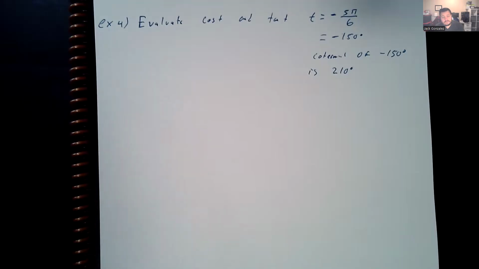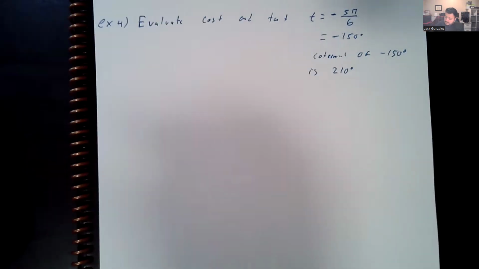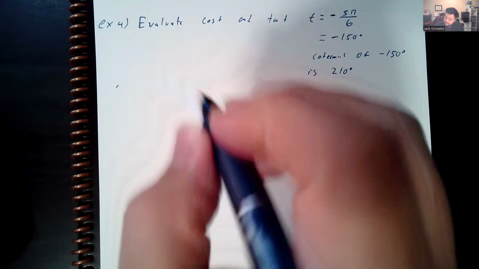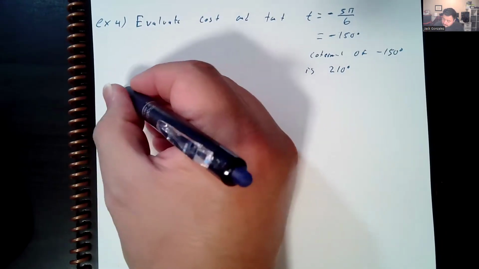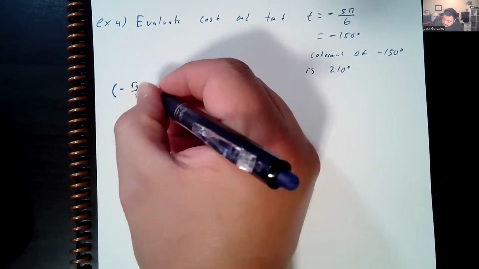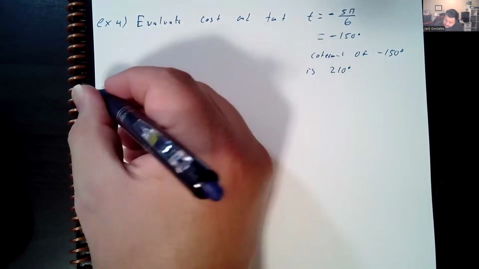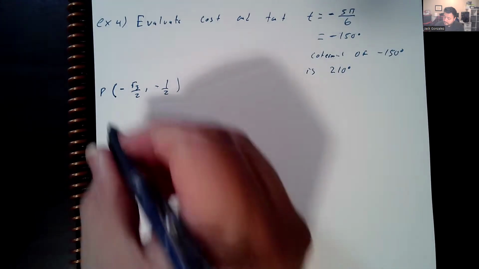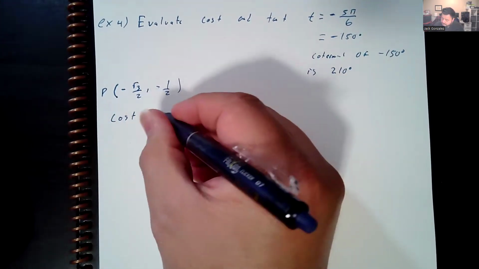Okay. So go to that place on the circle, either by going to negative 150 or going 210 around. The x value, I'm going to write the point, right? Just so we have it here. It's going to be negative root 3 over 2, comma, negative half. So this is like the P or whatever point on the circle. So cosine t is equal to negative root 3